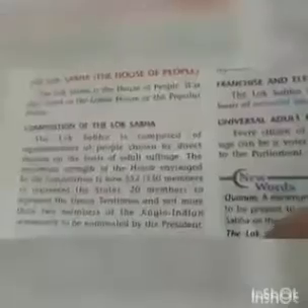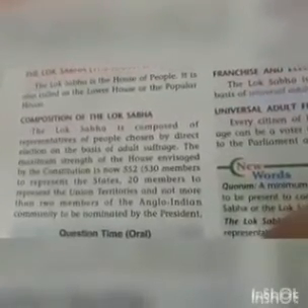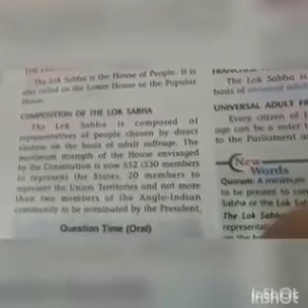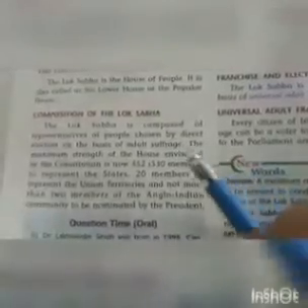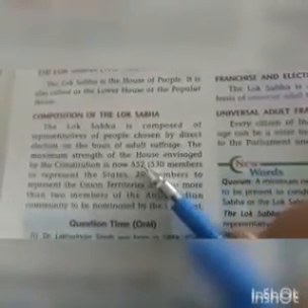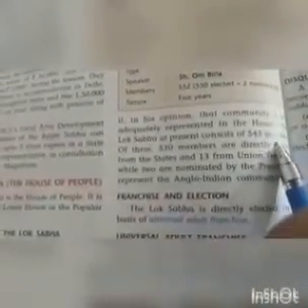Now come to the composition of the Lok Sabha. Composition means the total strength, that means the total number of members of Lok Sabha. So the effective strength is 552. 552 seats are there, but at present there are 545 members in Lok Sabha, out of which